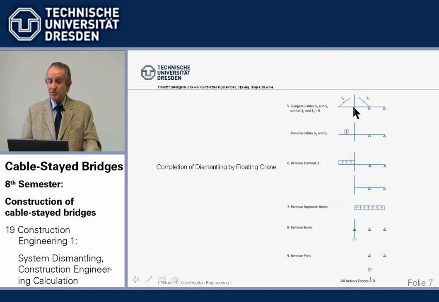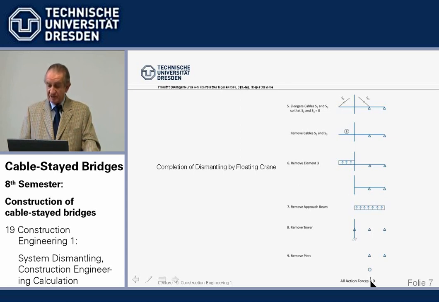Now, we elongate, we can do it one after another, we can do it at the same time, the two remaining cables in such a way that the cable forces become 0, then take out the cables. Now we are left with this system, cantilever and approach beam and tower. Now we take off this cantilever weight and remove the cantilever. Finally, we take off the approach weight, take off the approach beam,